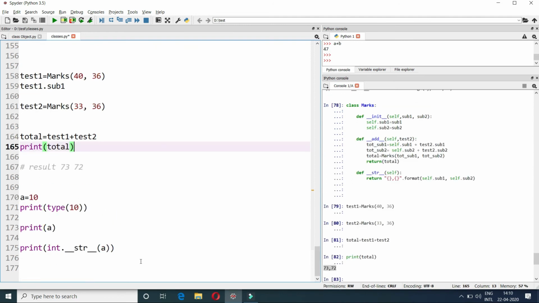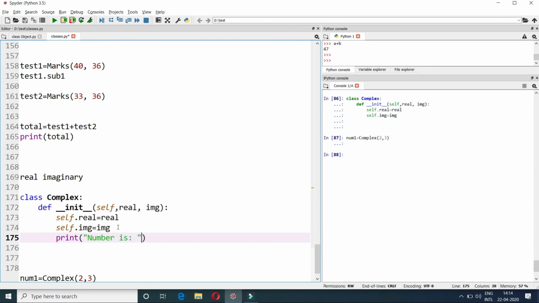So it's print, overload, and then "number is", comma, the real part, that is self.real, then a plus sign in double quotes, and then self.imaginary, that is img, followed by the symbol i.